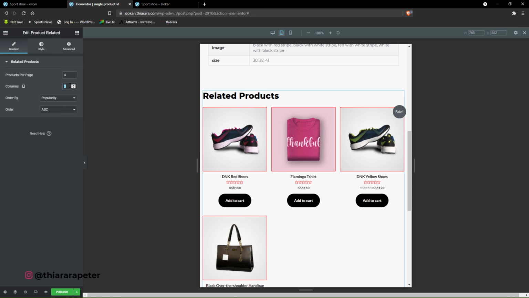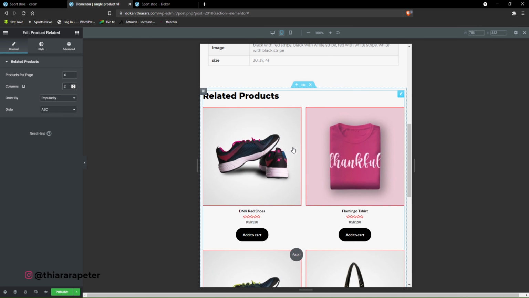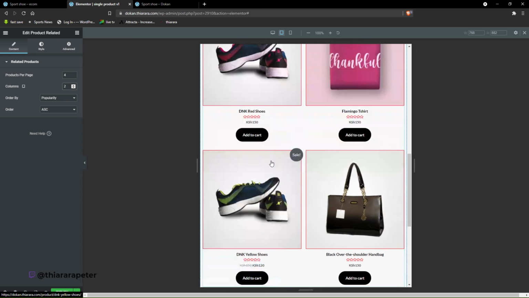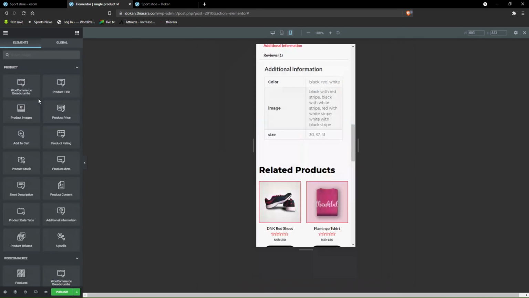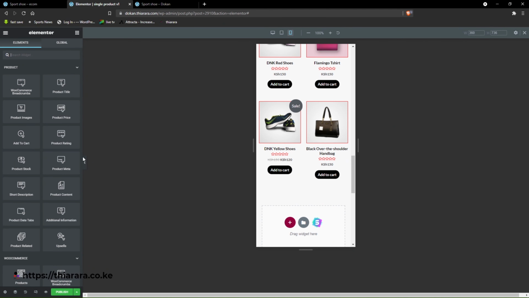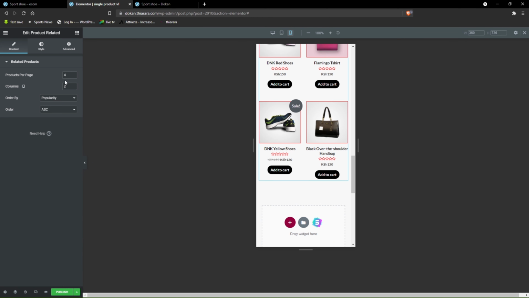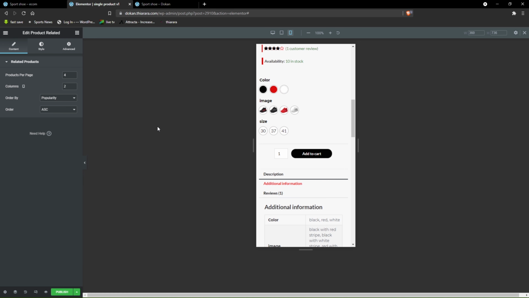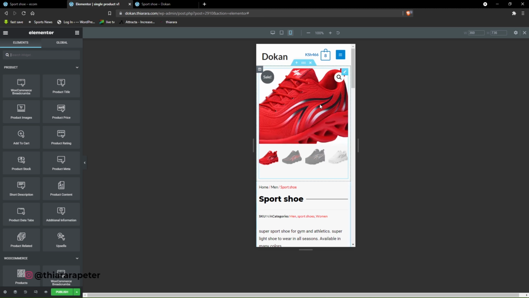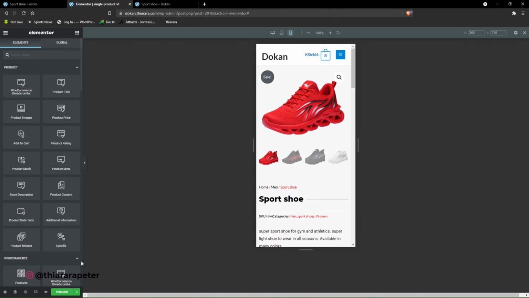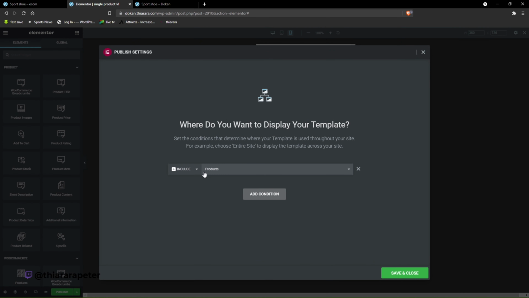I just want to have 2 columns so that you can have such a product looking like that. When you just select here and select mobile, it will also be 2 columns here. You can see how it looks. So with that, after you're done with it, what you just need to do is click publish here, add condition, include product,